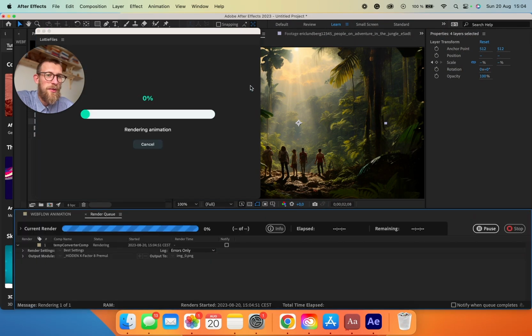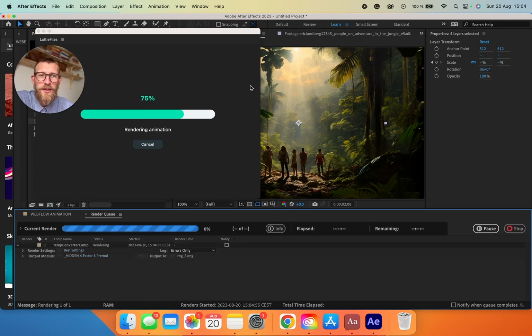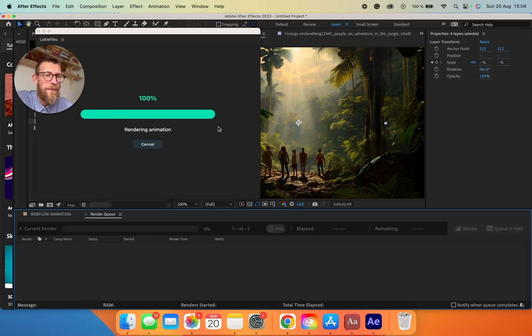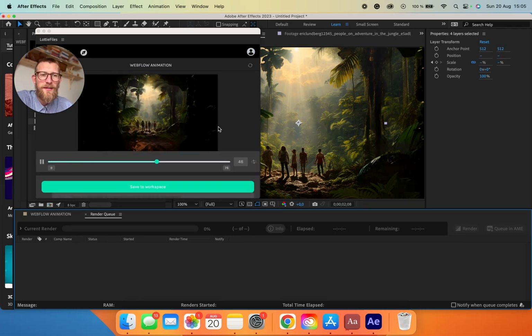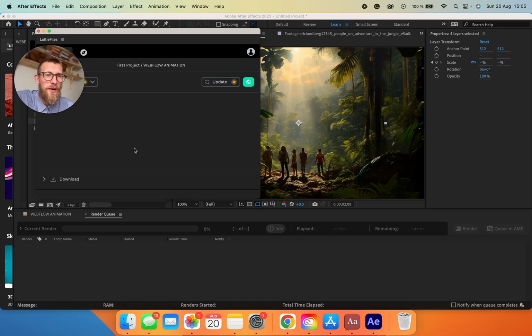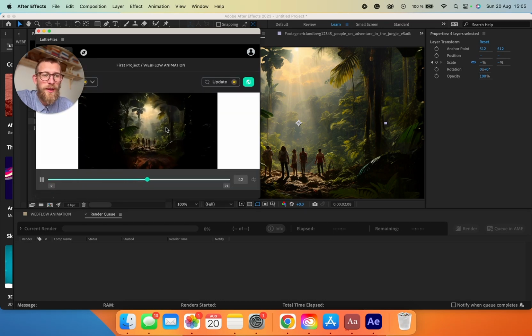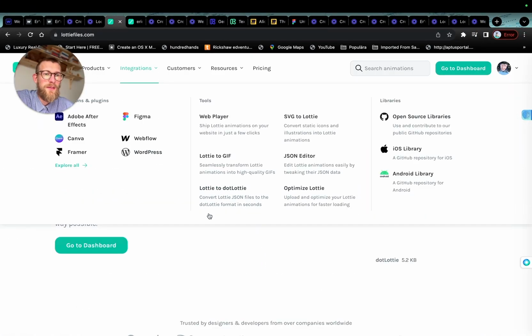And what this will enable us to do is to just export it as a Lottie file directly, and what that does is that it exports it in JSON format. So we're basically exporting it as code, and that's what's going to be needed when we import it into Webflow. So after we are done with this, just move it to the workplace in Lottie files, and we can head over to Lottie files here